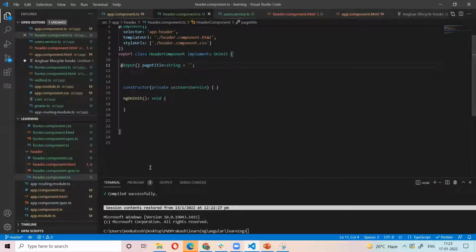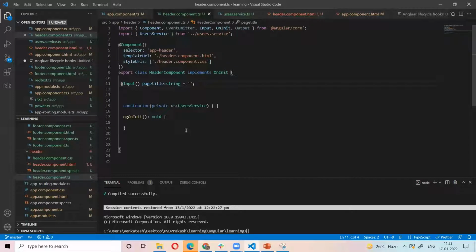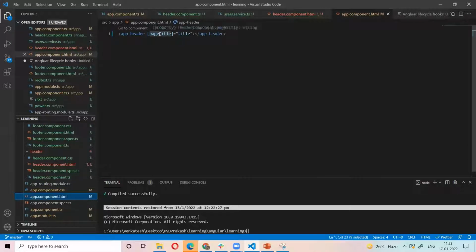That means in the header component, I have the property page title. This data is coming from the outside, from the parent component. Wherever this component is called, I am passing this data from the app component.